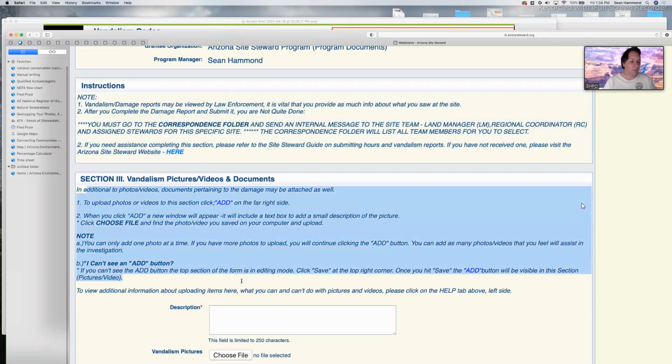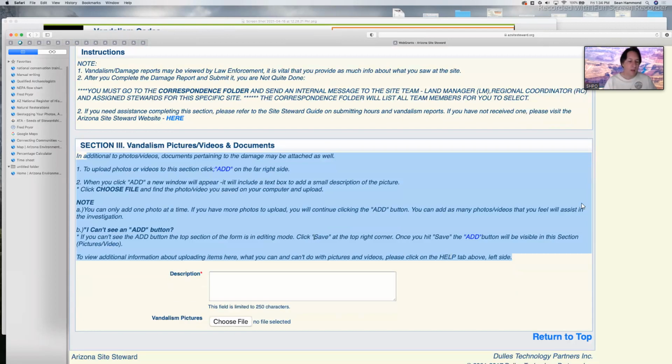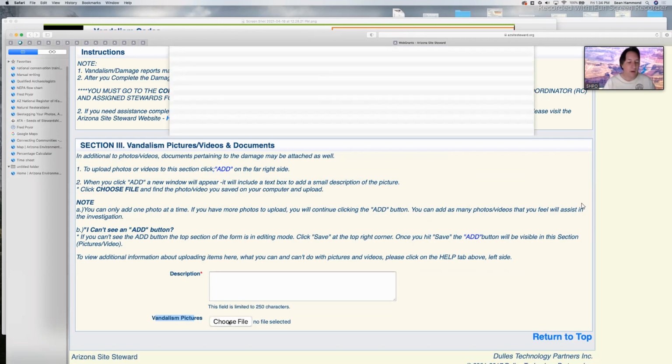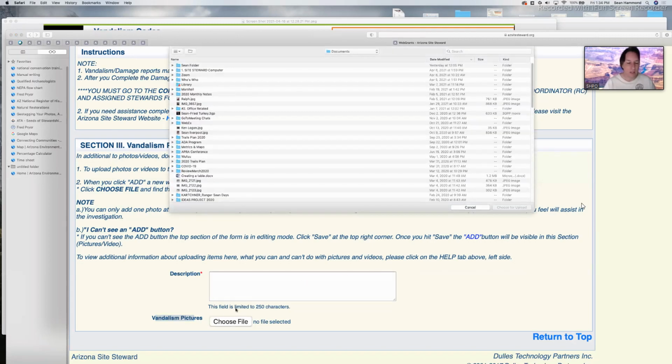The first time you're on a new page, it brings up this page, and down here at the bottom, this is where you're going to add a description of this particular photo you're going to add. And then right here where it says choose file, that's where you're going to click to open up your computer files, and then you'll find the photo wherever you stored it. So you click Choose File,